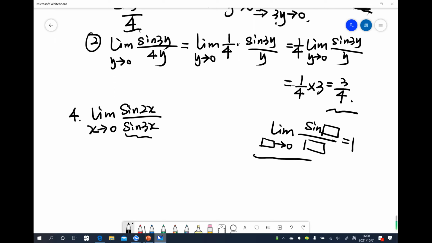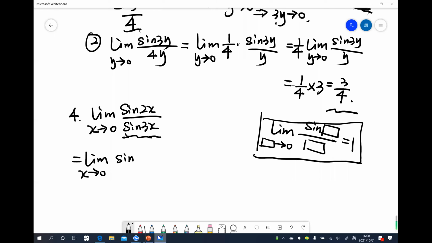I also want to use this formula. Okay, so here I will treat this function as 2 parts. I will rewrite the function as sine 2x times 1 by sine 3x. They are equivalent, right? And then here, I want to use the formula here so that it equals to, here,